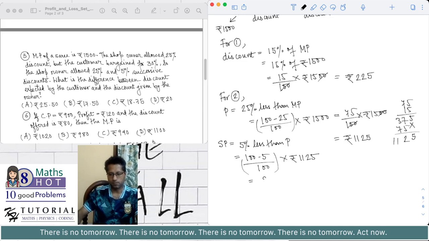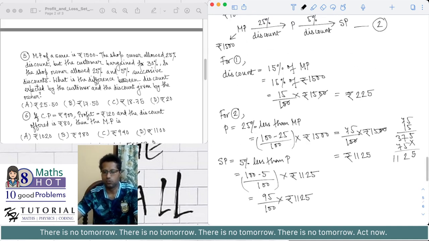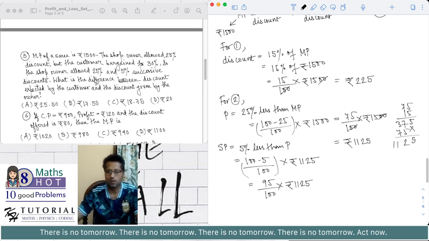This is equal to 95 divided by 100 multiplied by rupees 1125. For scenario 2, the final selling price is this. So what is the total discount? Discount is equal to the mark price minus SP, where the mark price is rupees 1500 minus